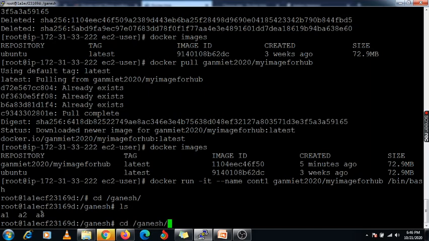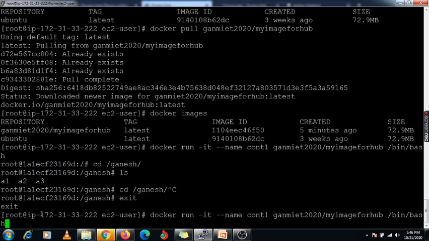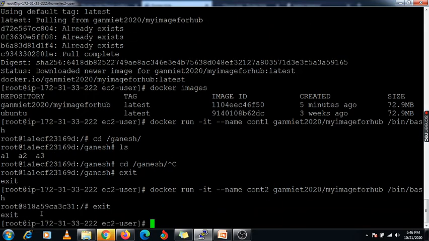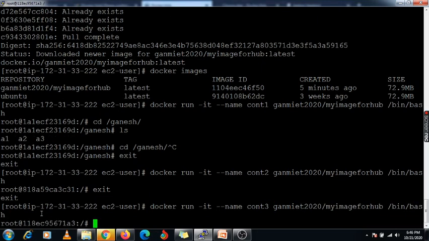Now I am going to create some multiple containers, and we can check how we can remove those multiple containers at the same time. I am going to create some multiple containers using the same image, and we will try to remove them at the same time.